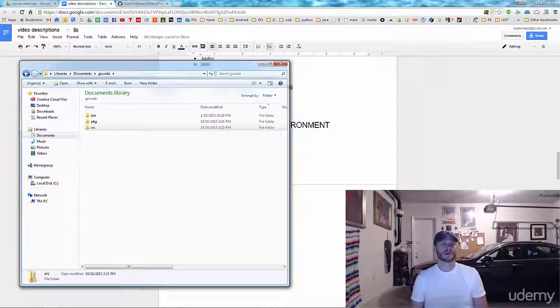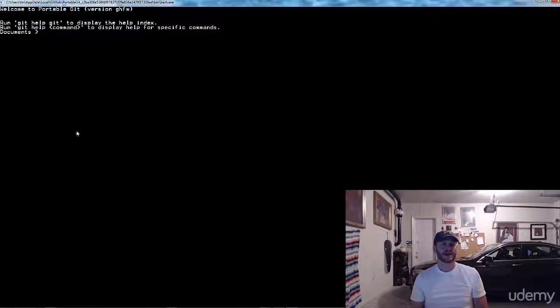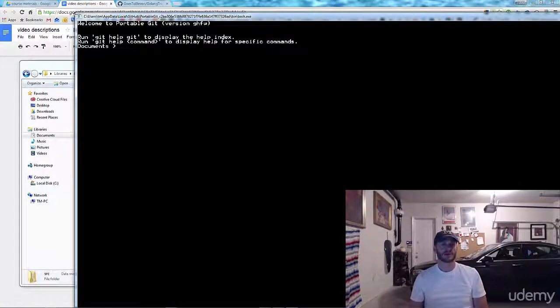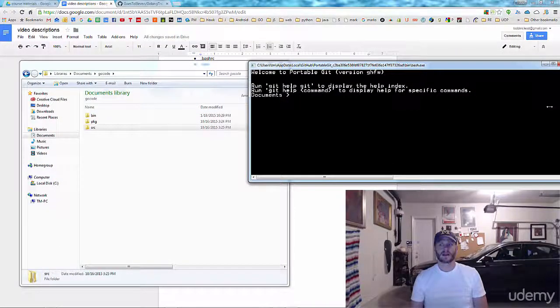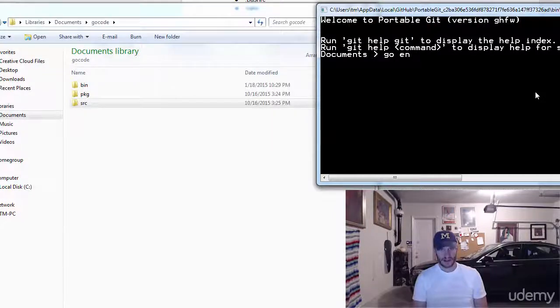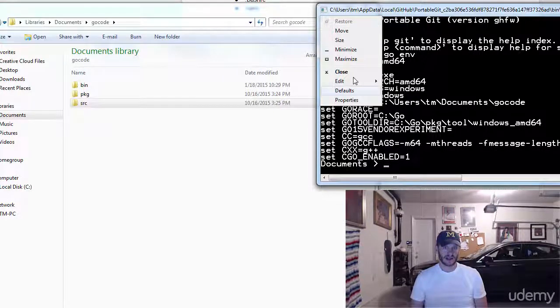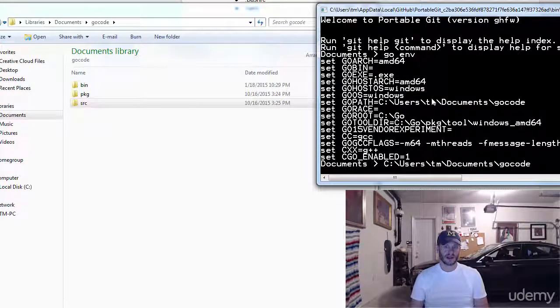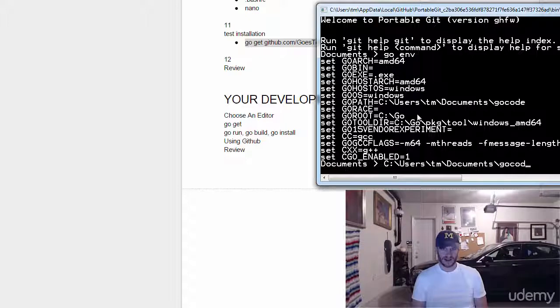I close my terminal, and then I restart my terminal, my Git shell. And now, wow, it just keeps coming out really big. And now when I do go env, it shows go path. And I have to do it like this again. Go get, that's not it. I have to go copy it once more. Copy that, and then delete all this, and then edit,